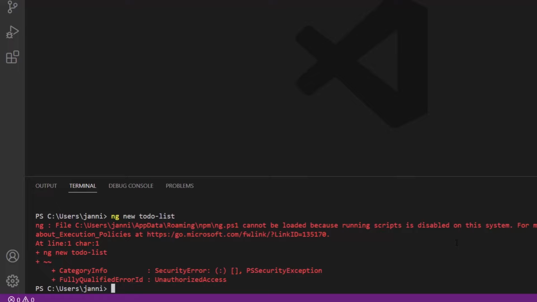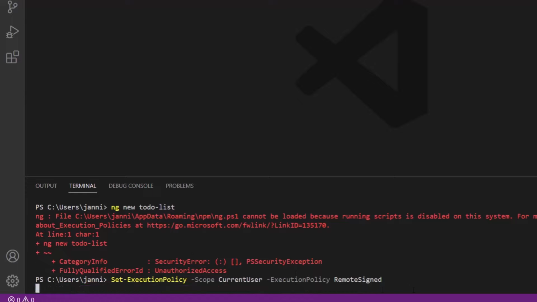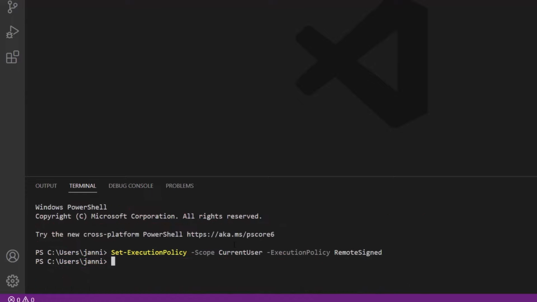So if you got that error, just write down Set-ExecutionPolicy, add a flag called -Scope, set the scope to CurrentUser, and add another flag, -ExecutionPolicy, and set the value to RemoteSigned. So Set-ExecutionPolicy -Scope CurrentUser -ExecutionPolicy RemoteSigned. Now hit enter. And once you run the Set-ExecutionPolicy command, you can run the previous command, which was